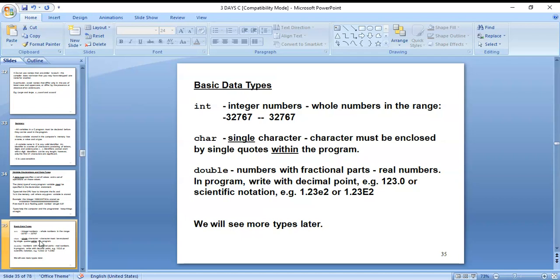Next, character, which is a single character. A character must be enclosed by single quotation marks within the program.